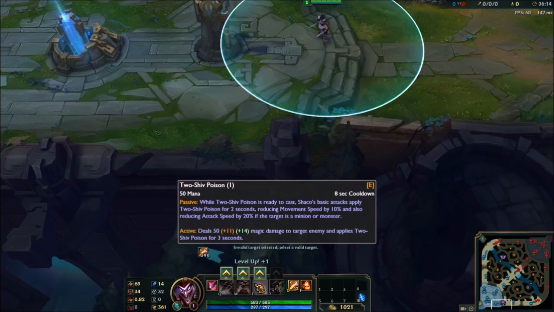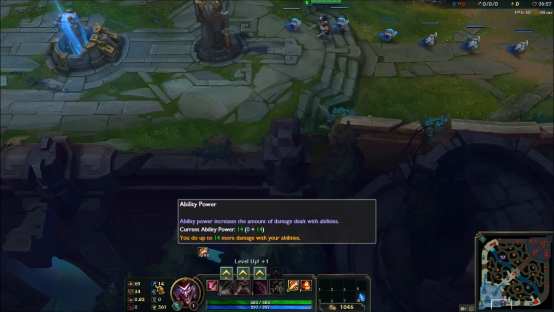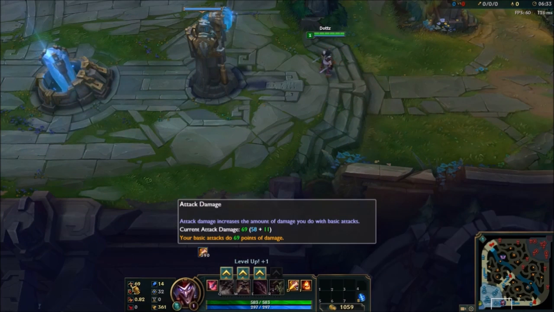In this case, Twisted Fate's poison scales with both. As you can see, my Jack-in-the-Box and my Hallucinate only scale, see, it's the light green, so it only scales with ability power, which is your other offensive stat. Ability power increases the amount of damage dealt with abilities. So attack damage not only increases my auto attack damage, but for certain abilities it will increase the ability damage,